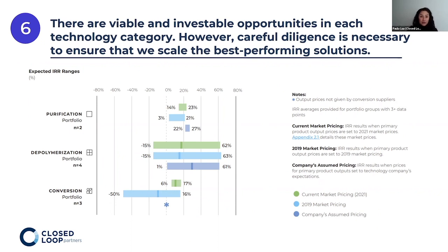So the next slide that I want to focus on is the financial viability. Again, we looked at purification, depolymerization, and conversion as part of our latest study. And what we found is, when we priced the outputs of these technologies, be it polymers, monomers, or hydrocarbon products, the market prices of 2021 yielded much stronger return on investments or expected IRRs. And that's relatively true for most categories with the exception of depolymerization. 2019 market prices, where oil was a lot cheaper, yielded lower IRRs. And so the key takeaway here is that there were viable and investable opportunities in each category that we observed. High variability on depolymerization, but